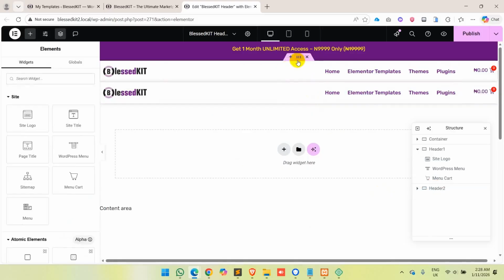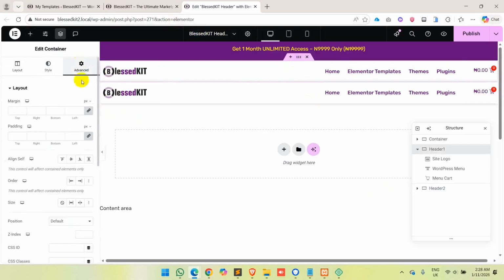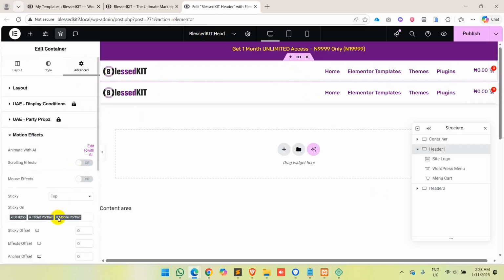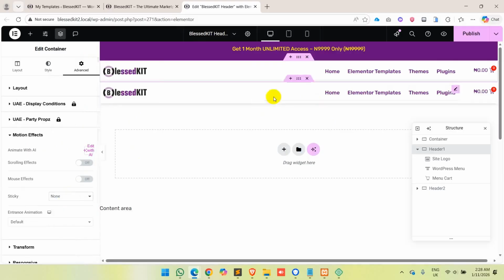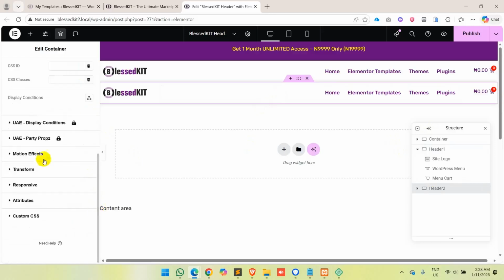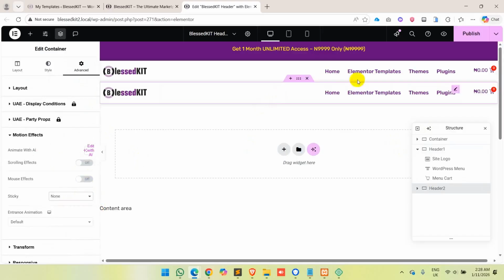Now, I remember from the preview you saw there was something like a sticky effect on it. So what I'm going to do is come over to my motion effects and remove the sticky. I'm going to make it none. And also on header 2, I'm also going to make it none so that it doesn't affect what I'm doing. So once I publish this,